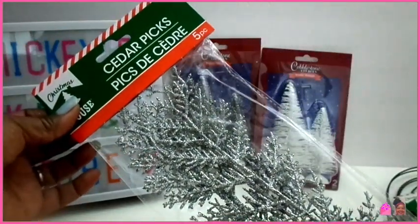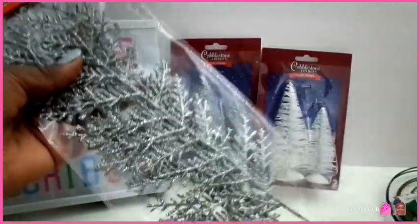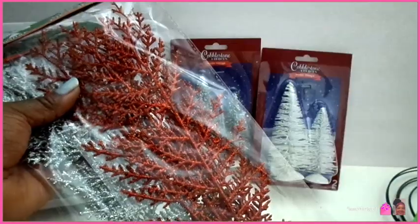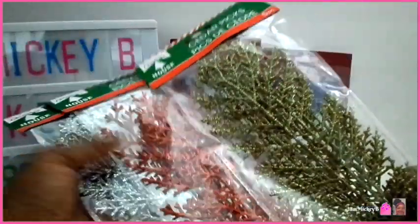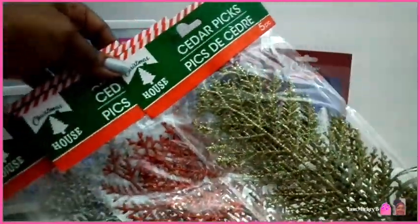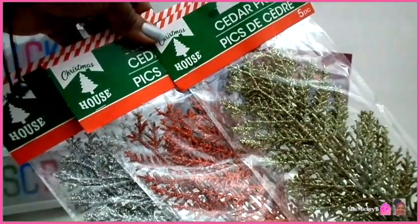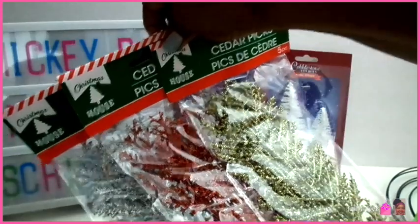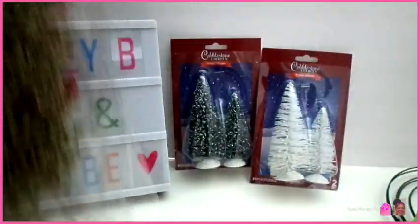And this is what the silver one looks like. So again, I'll put all three together for you so you can see red, silver, and gold. And they're called cedar picks. So I am going to say that I would recommend, if you plan on